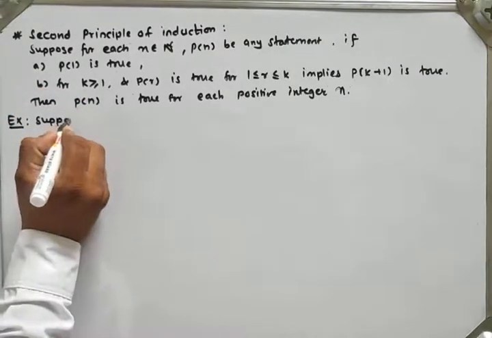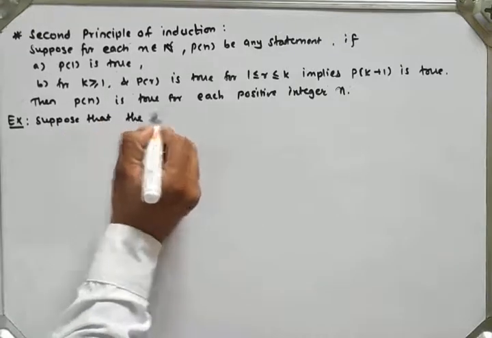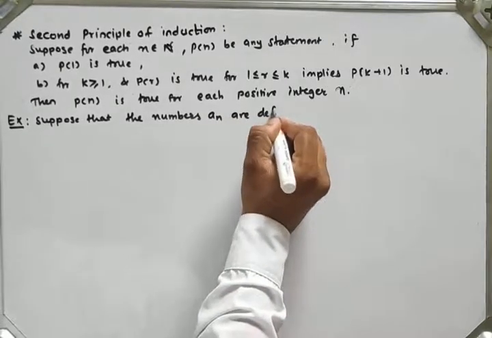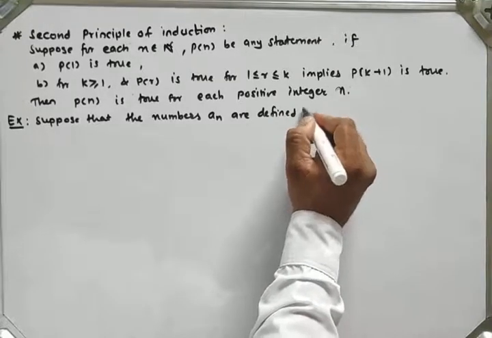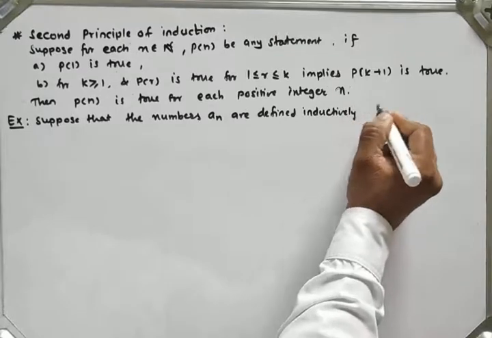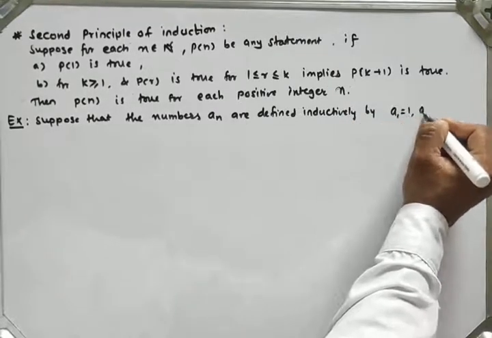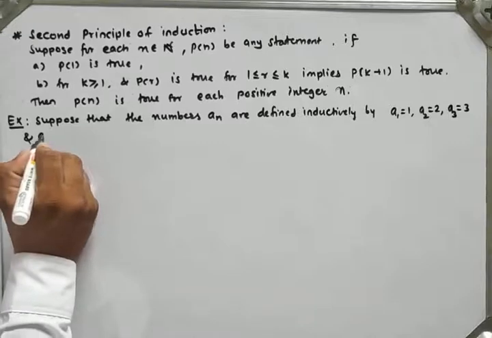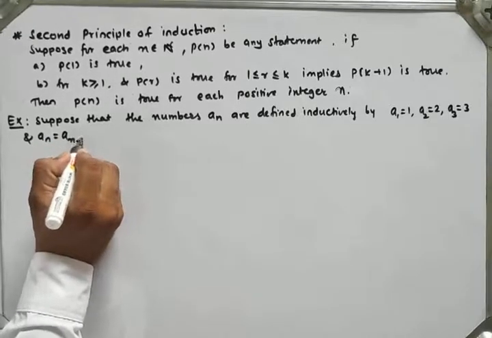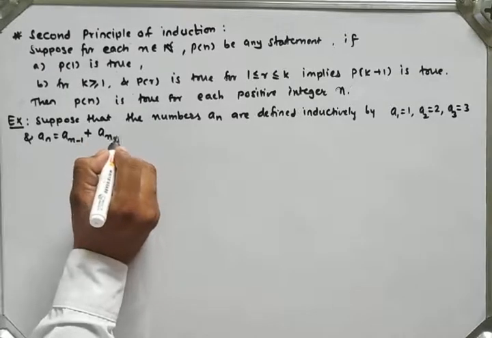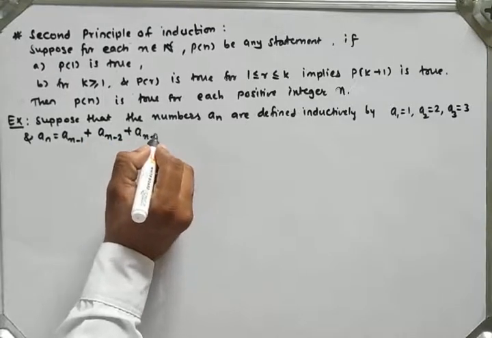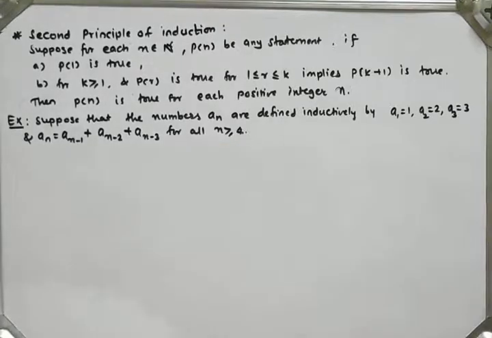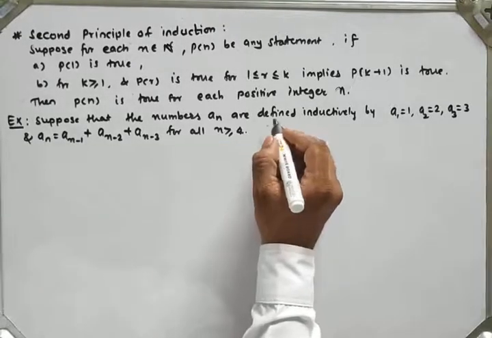Suppose that the numbers an are defined inductively by a1 equal to 1, a2 equal to 2, a3 equal to 3, and in general an is equal to a(n-1) plus a(n-2) plus a(n-3) for all n greater than or equal to 4. Use the second principle of finite induction